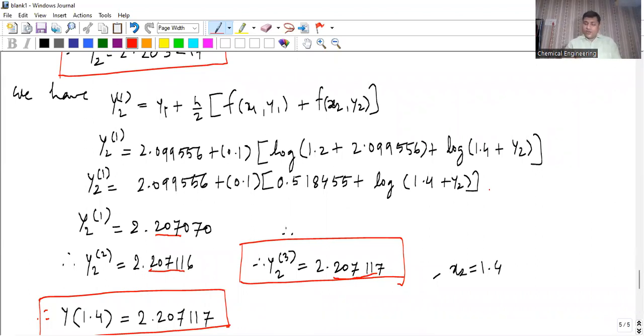So is there any doubt in this example or in this method? No, sir. Okay. All of you got this method? Yes, sir. Okay, that's good. Okay. So, for this method,